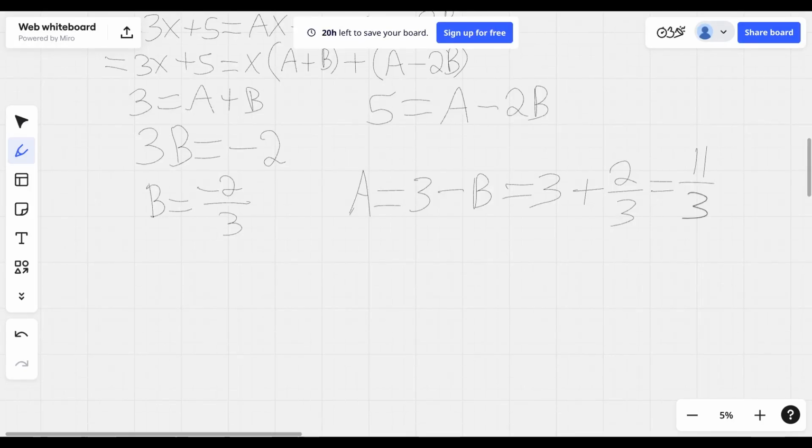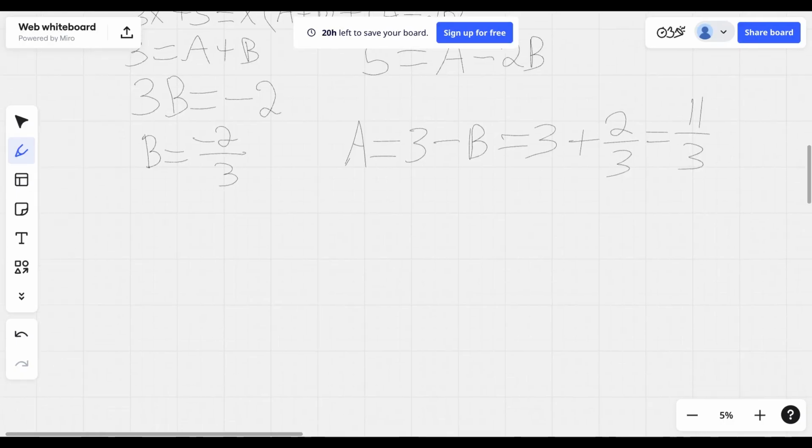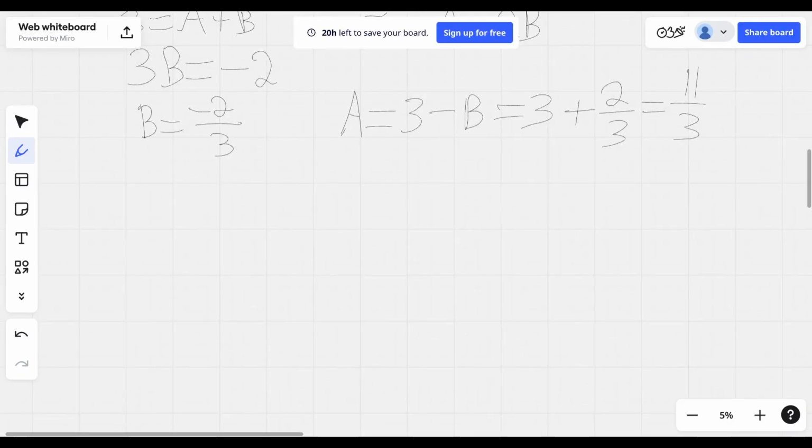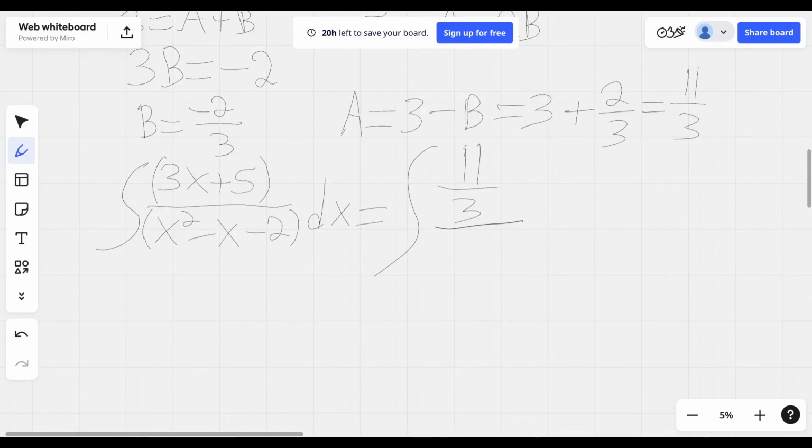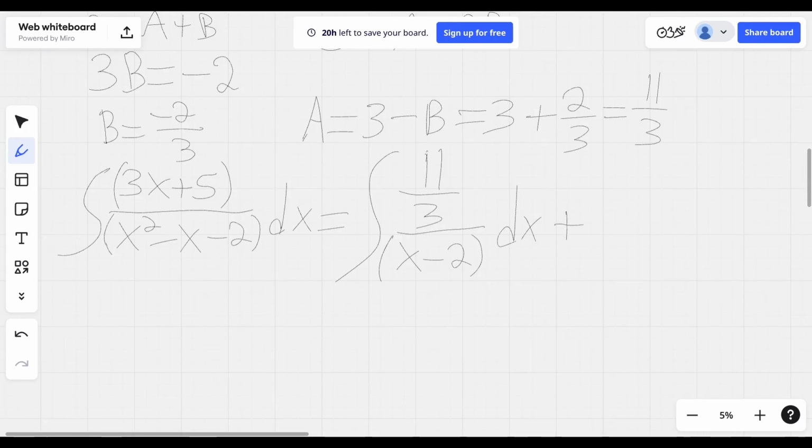So now we're just going to rewrite our integral. So the integral of (3x plus 5) over (x squared minus x minus 2) dx equals the integral of 11 over 3 over (x minus 2) dx plus the integral of negative 2 over 3